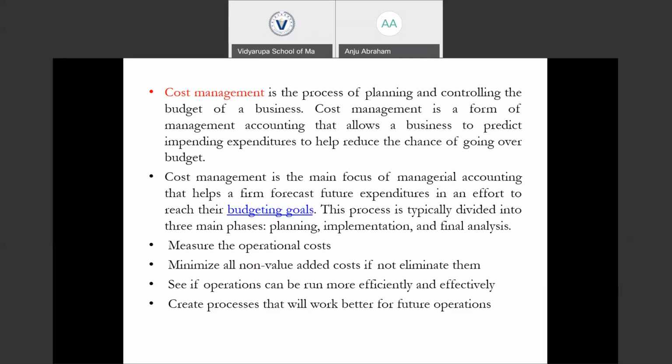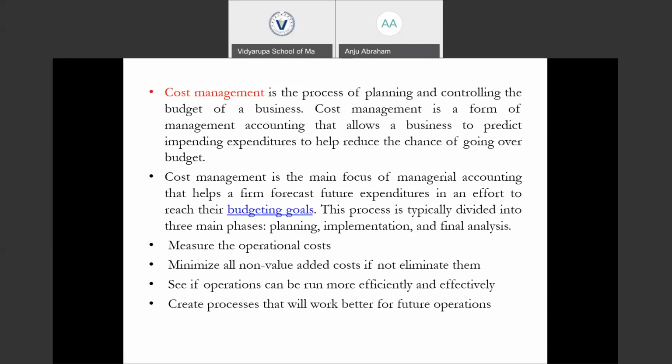With an effective cost management system, the company's overall budgeting can be brought under control. This cost management is the main focus of managerial accounting, because it helps the company in forecasting future expenditures for reaching their budgetary goals.